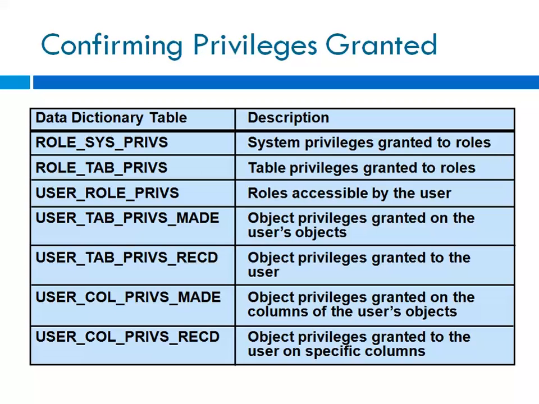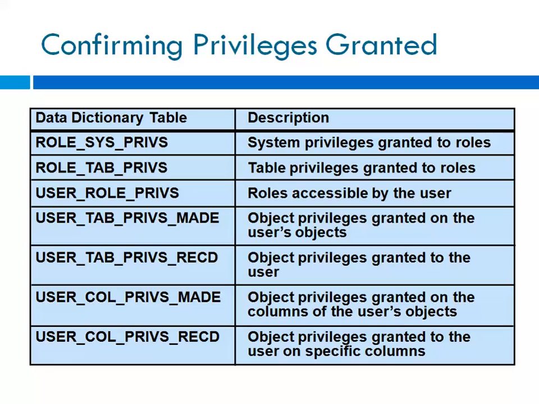So how can you see the privileges in your database? You can use these tables. On the left hand side is the list of the tables, and on the right hand side is the description of the table. These are the system tables, or you can also call them data dictionary tables, and these are the tables which store everything about the roles and privileges. The first table is role_sys_privs, and it stores the system privileges granted to roles. So whichever system privileges like create session, create table, those privileges which are assigned to the roles.